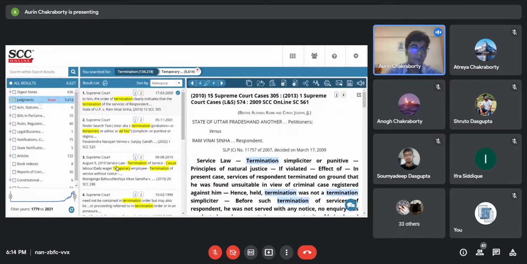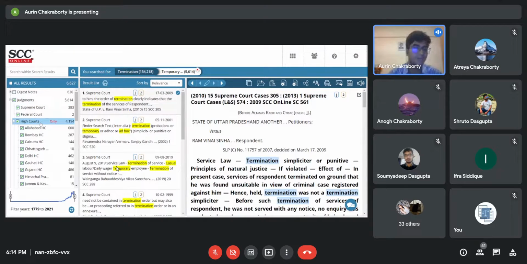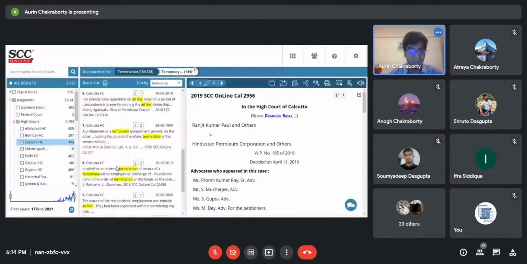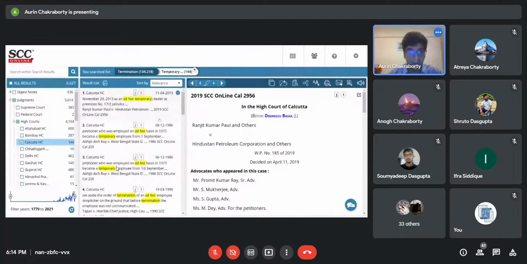to narrow your search down further, you can always go down, and if you want Supreme Court judgments, or take for example, you're interning under someone in the Calcutta High Court, he or she would essentially want judgments from the Calcutta High Court itself, right? So you can just put in only Calcutta High Court over here, and it will give you judgments just from the Calcutta High Court. Again, to that effect.